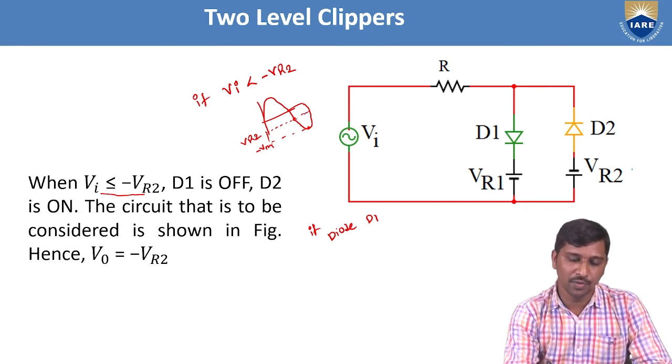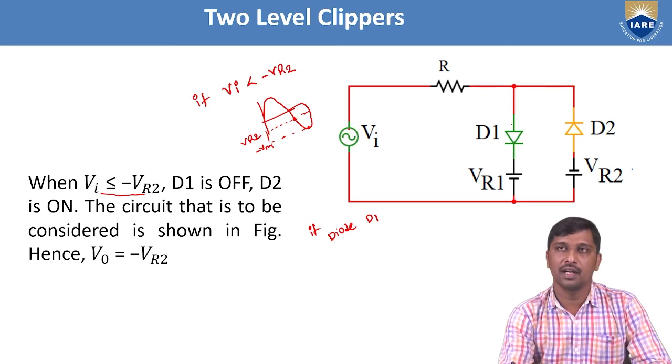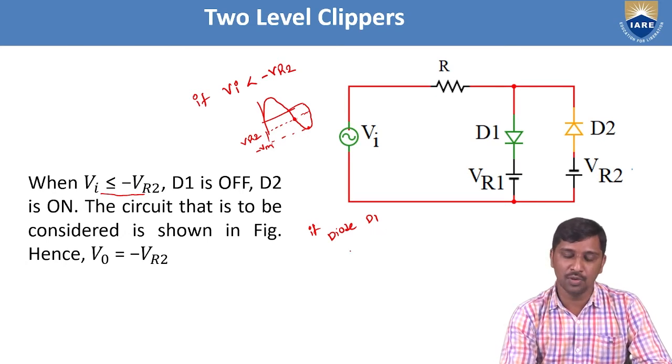In this point of view, whenever the signal is crossing from minus VR2 to minus Vm, a negative voltage, if you analyze across the D1, the negative voltage is passing through the